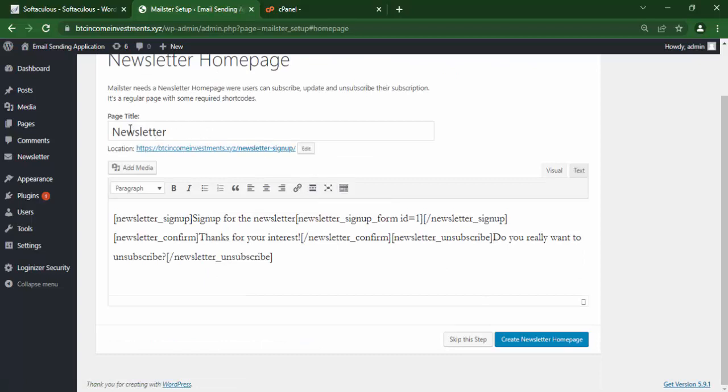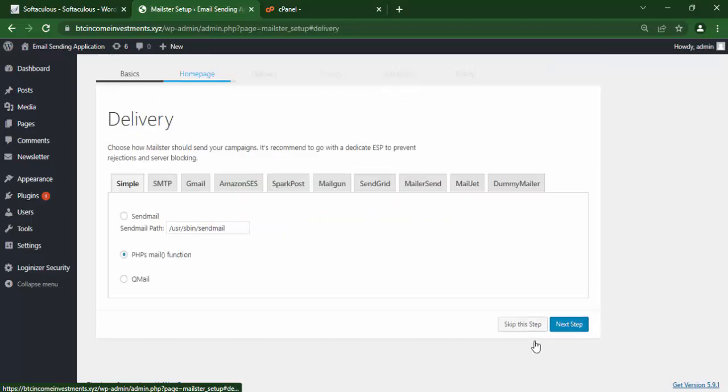So this is the newsletter home page. Okay, so you can also just leave it at default for now. We can just click okay, create home page. Okay, now